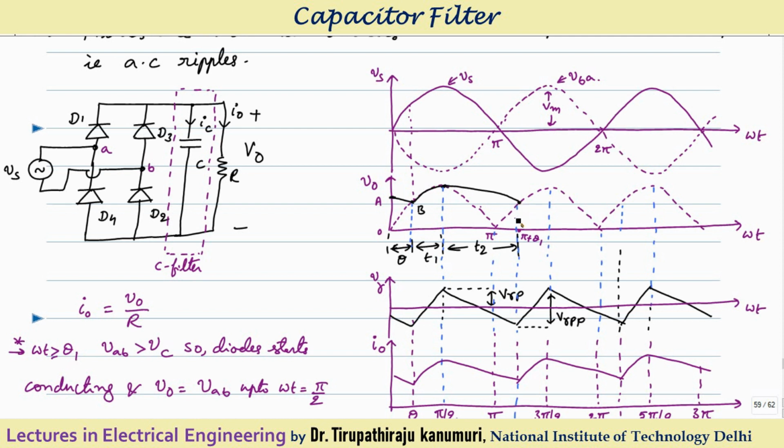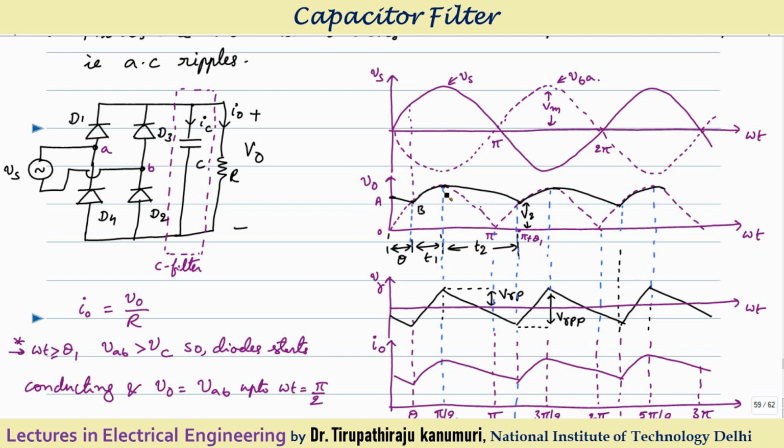Whenever your supply voltage is greater than the capacitor voltage, the diode will again start conducting. Again it will reach the peak and it will reach this value. So in this manner, the voltage will fall down. Getting it? So this voltage I am representing by the value V2. It has reached the value V2.